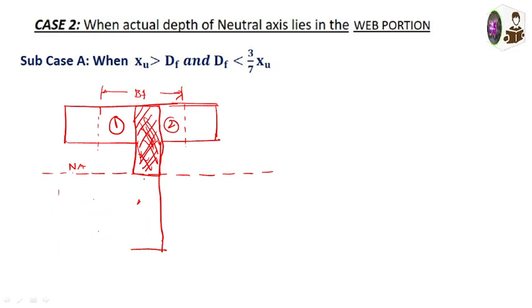So for the calculation of the actual depth of neutral axis when the neutral axis lies in the web portion. Okay,